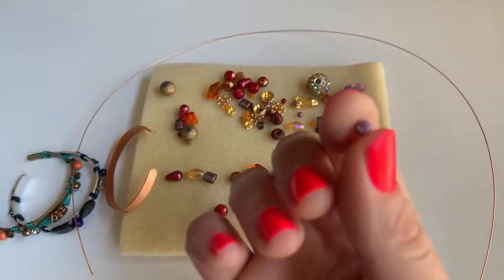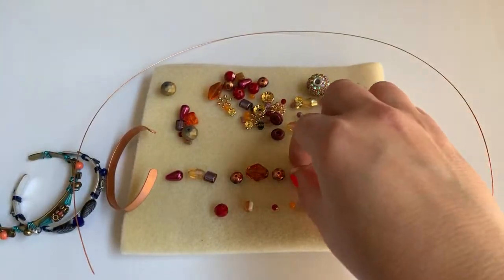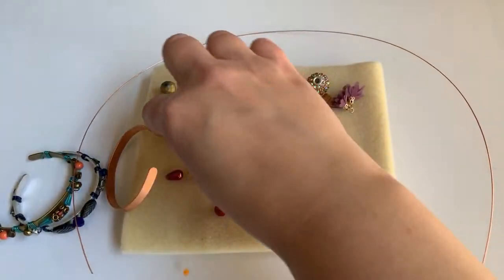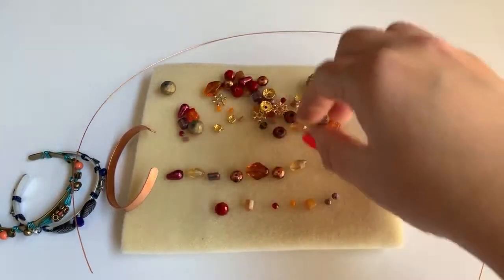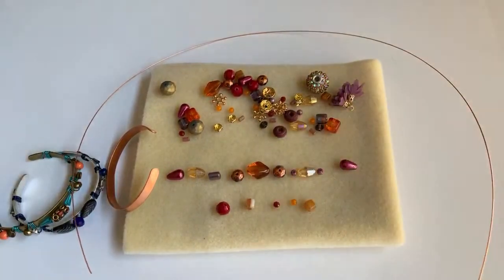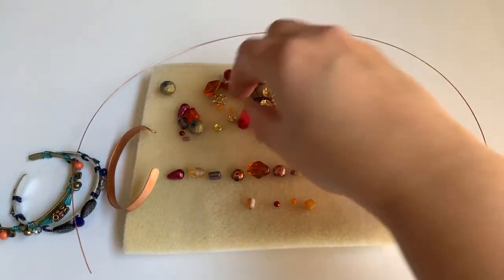Look at these. Did that camera pick that up? These are really sparkly purple. I like those. Let's get those in there somehow. We've got some pretty rondelles. Okay, so the next section, maybe I will do that, and then if I want the red in there, or if I should just stick with